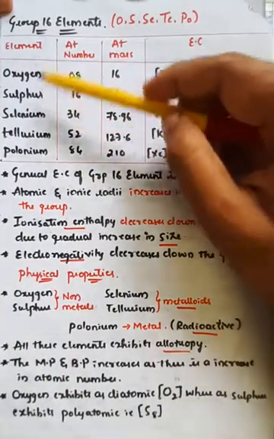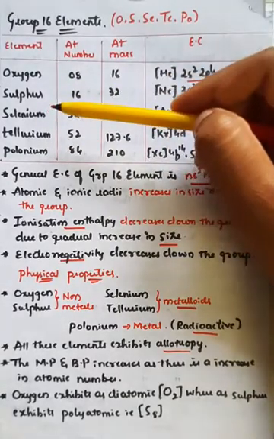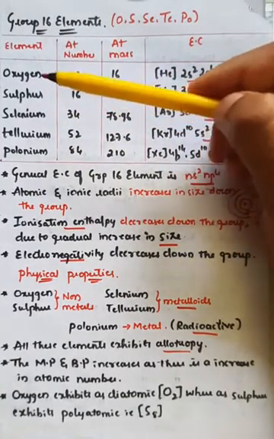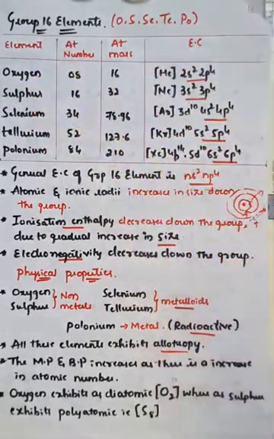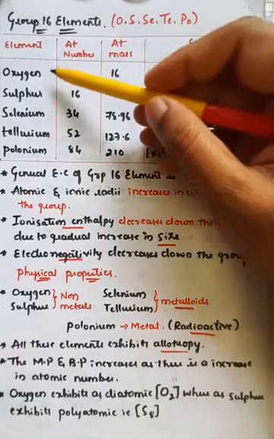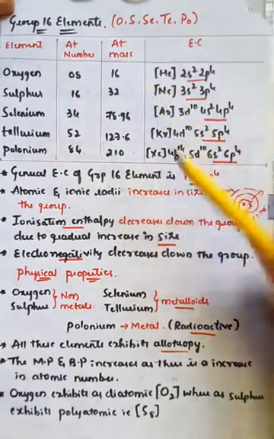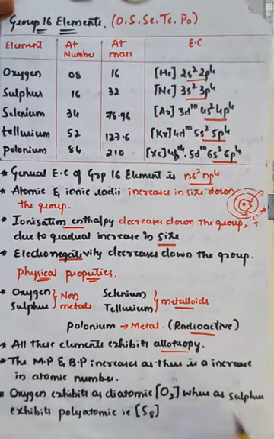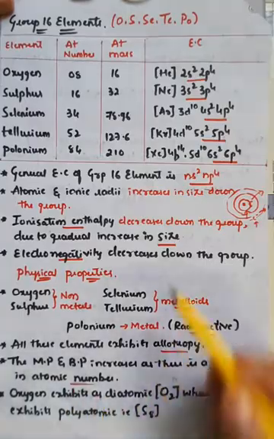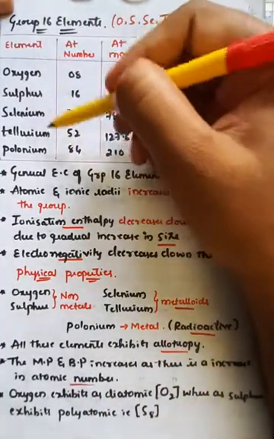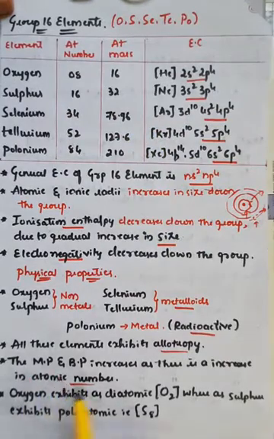Allotropy means all these group 16 elements have the capacity to form different kinds of substances, right? Even though they consist of the same atoms, they have different arrangements, which means an element can be present in another form also. Like I said, carbon can be present in the form of diamond, and carbon can be present in the form of graphite also. So the group 16 elements have a special ability to form different allotropic forms. And the melting point and boiling point increase as the atomic number increases. If you come down the group, what happens? Again, the melting point and boiling point go on increasing.